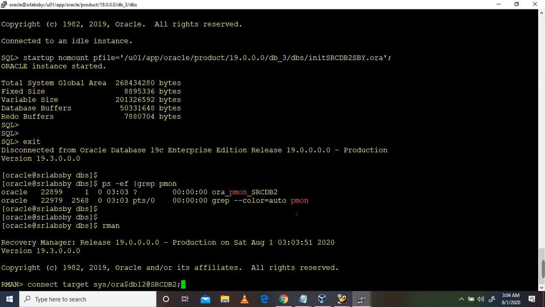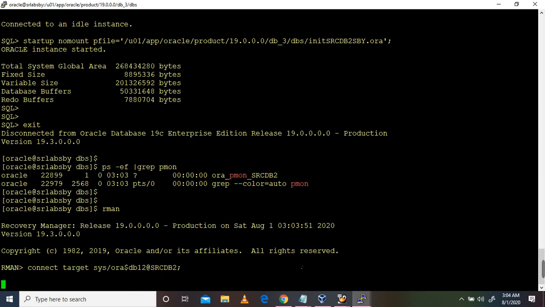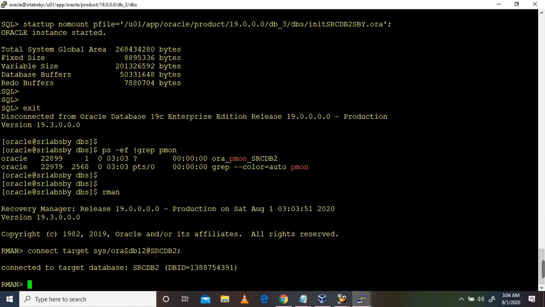I have created the password file for the user, and I am connecting to the target through that target service name. Okay, the target database has been connected.